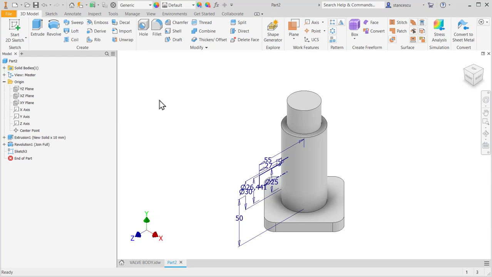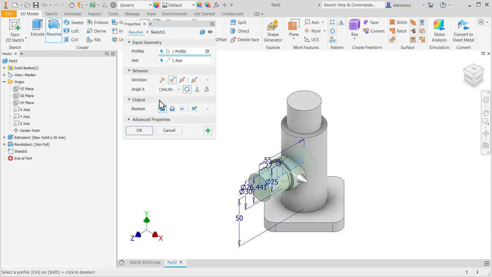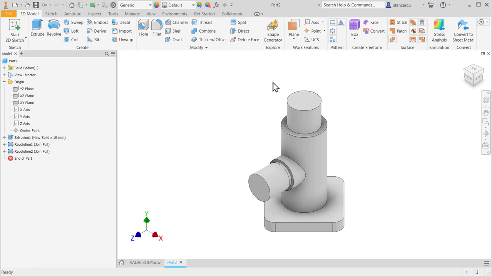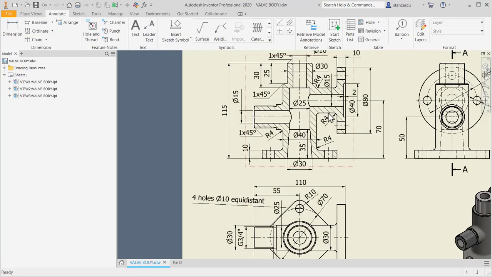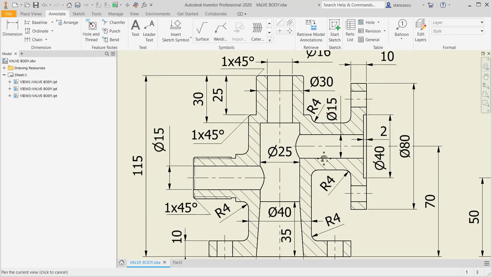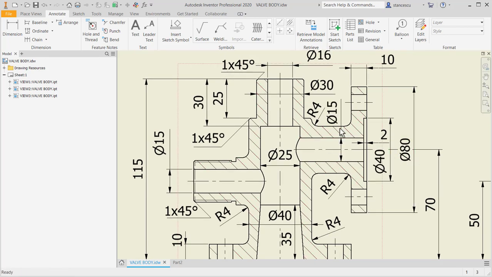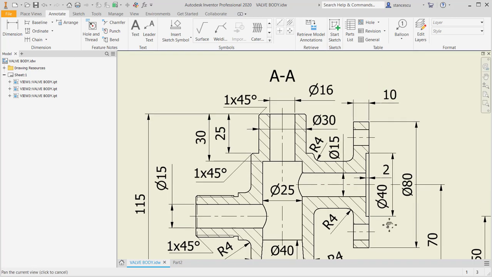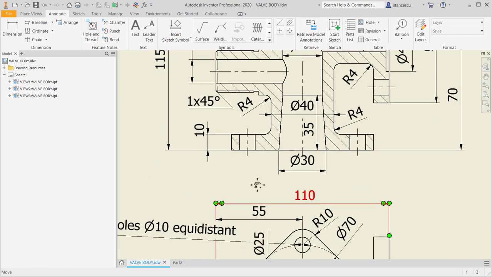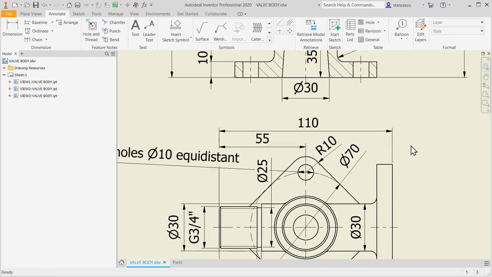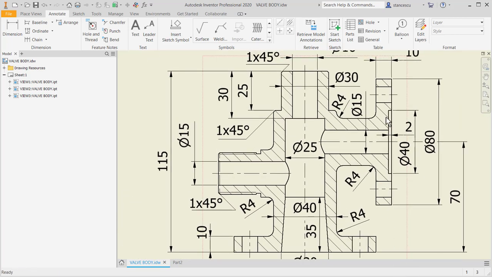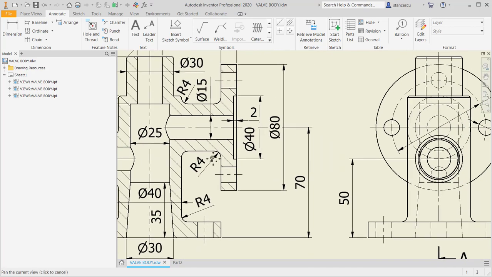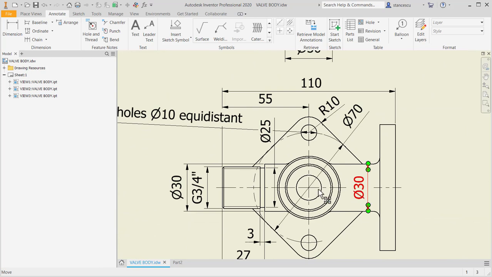Finish sketch, revolve. I can press the key R, and I see everything with join, not cut, join. OK. The other revolution feature is in the same plane with this one, but in the other direction. Diameter of 80, thickness of 10, distance of 110 from the end of the left one, and diameter of 30, like here. We respect these dimensions,